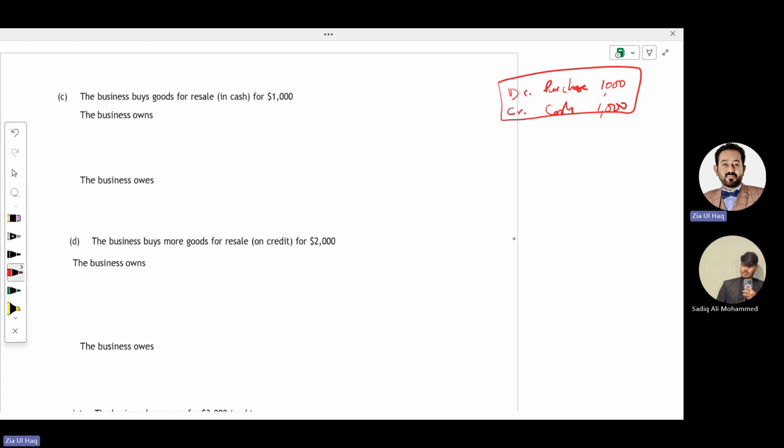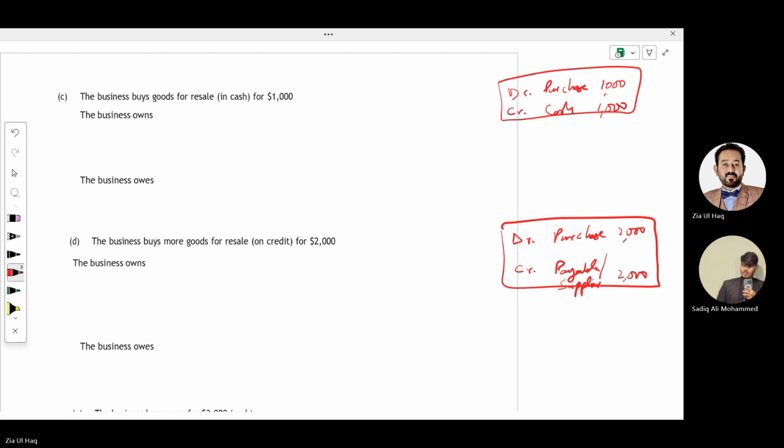So purchases will be debit. What will be debit? Purchases, with how much? 2,000. And they are not paying cash. From whom they are buying the goods? Supplier. So supplier is called payable. So we will credit supplier or payable with the same amount, 2,000, meaning we will pay this in